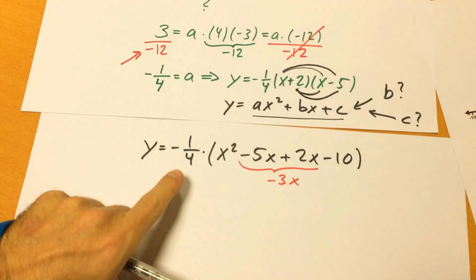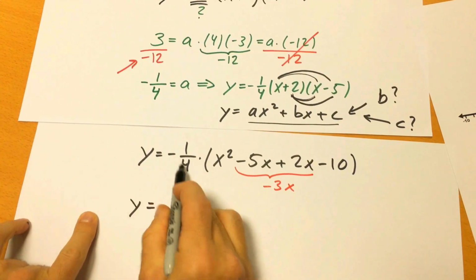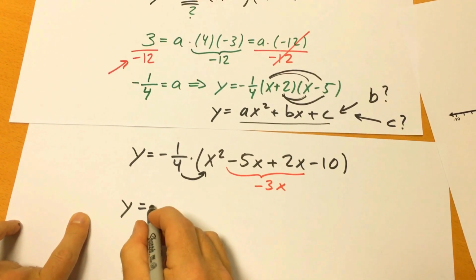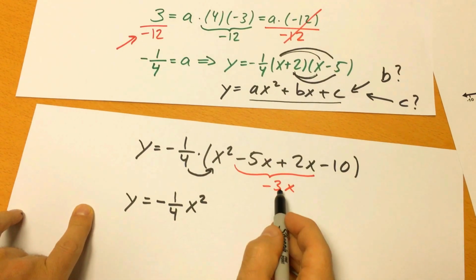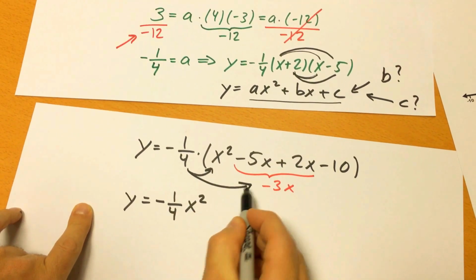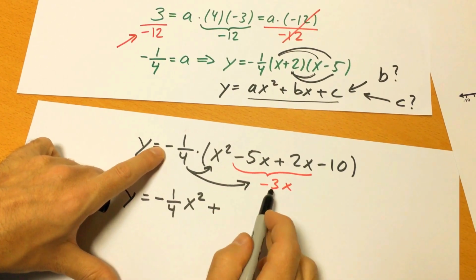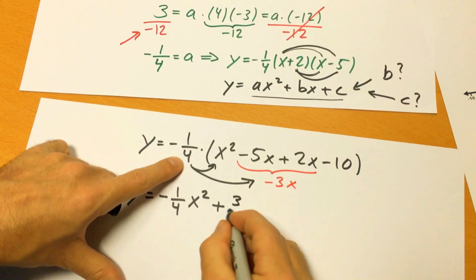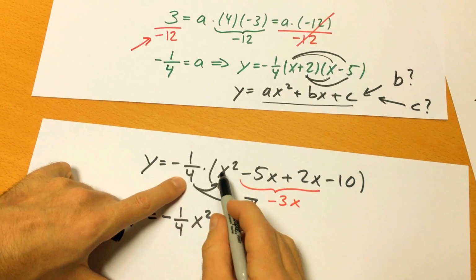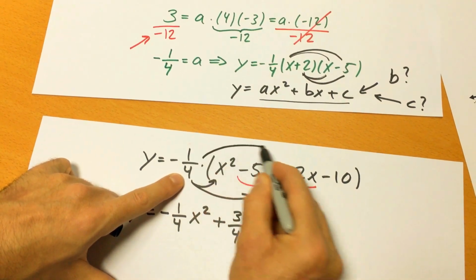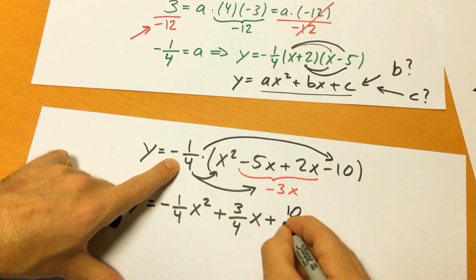And then let's multiply in this negative 1 over 4 everywhere. We have y equal to negative 1 over 4 times x squared. That's negative 1 over 4 x squared. Okay, no mystery there. Here I have negative 3x, so negative 1 over 4 times negative 3. The negative multiplied by a negative cancel each other out. I get a positive. 3 multiplied by 1 over 4, so that's 3 over 4 times x. And the last multiplication to do, this guy remains in the back. Negative 1 over 4 times negative 10, that's positive 10 over 4,